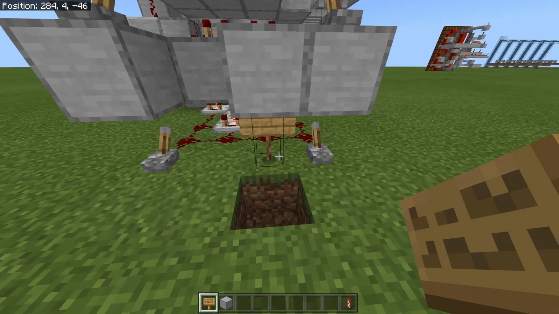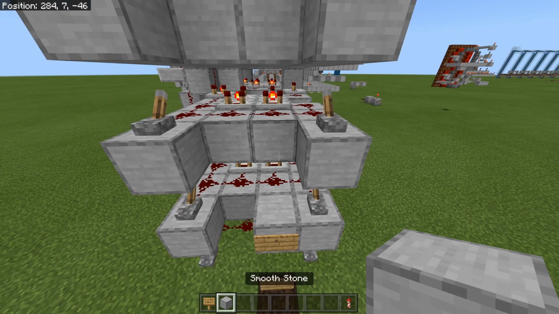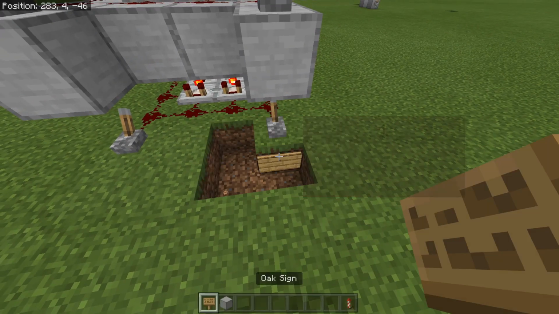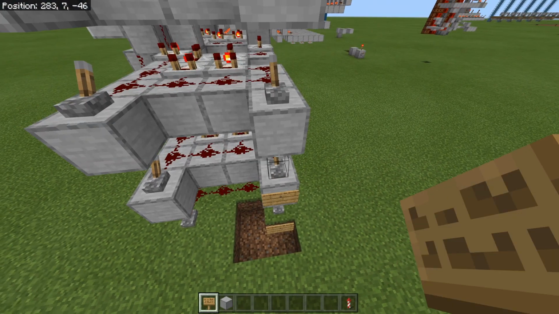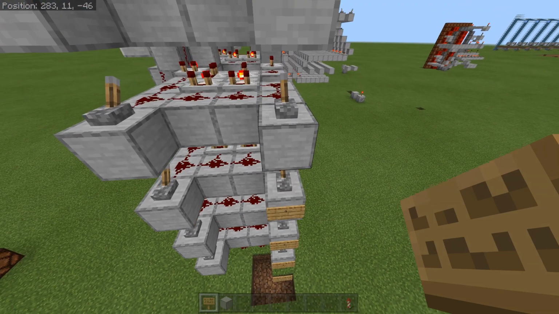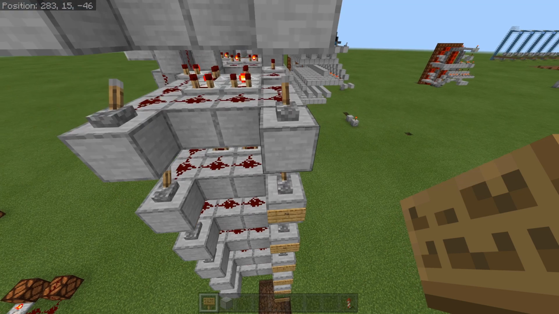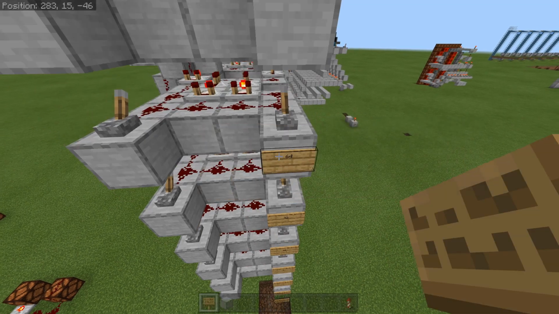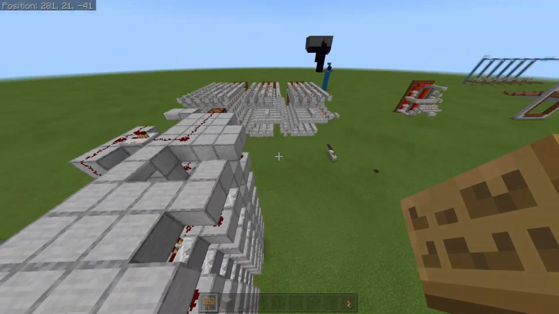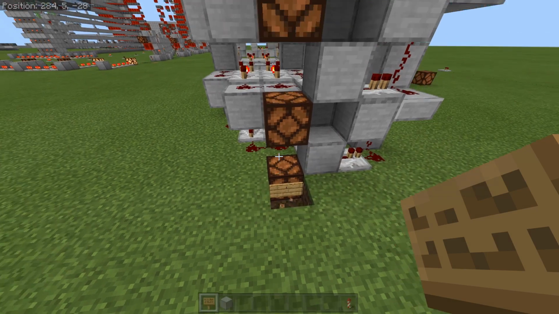Ones, twos, actually I should just put them on the lever, ones, twos, fours, eights, 16s, 32s, 64s, 128s, and then the outputs are the same way, so 1, 2,